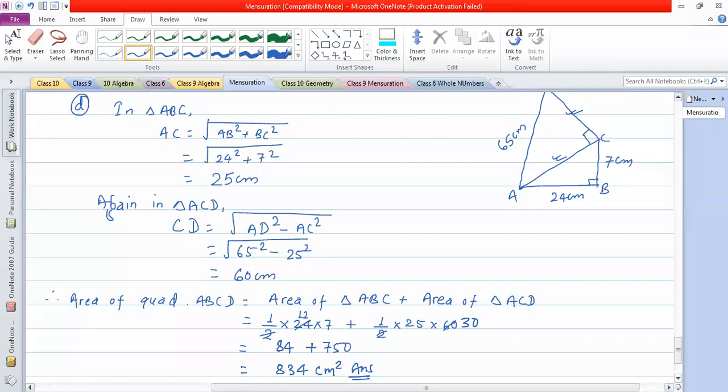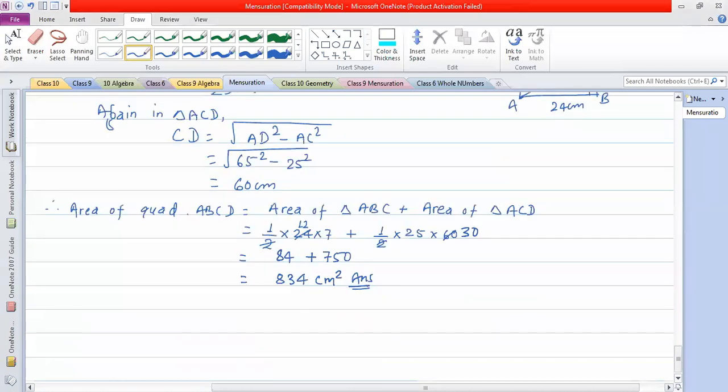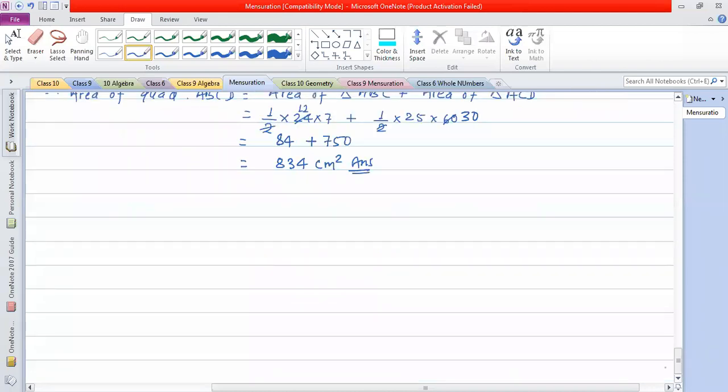Question number 3. In question number 3 also, we are given some quadrilaterals, but they have definite shape, so we can use their own formula. Okay. Question number 3. In first, I'll not do this first one. I'll do this second one. After doing second, you can do first very easily.